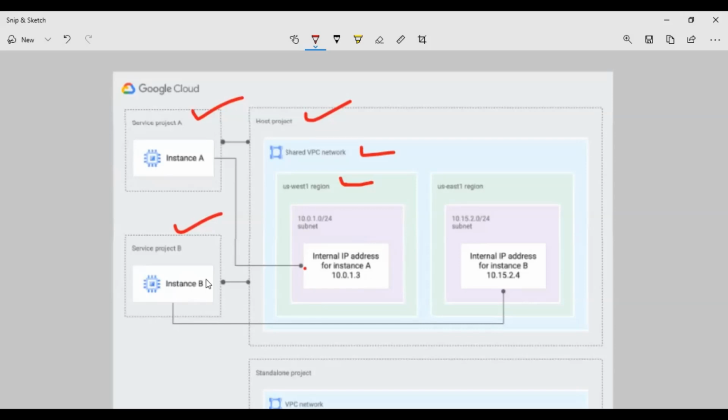Okay. Now within the service project, as we were discussing, we will have a compute engine instance created. That compute engine instance should have some IP addresses attached to it, right? So for that, it is going to take support from the shared VPC host project network and utilize that network for creating its own IP addresses, the internal IP. So in this example, you can see you have instance A, which comes and creates an internal IP address for itself,